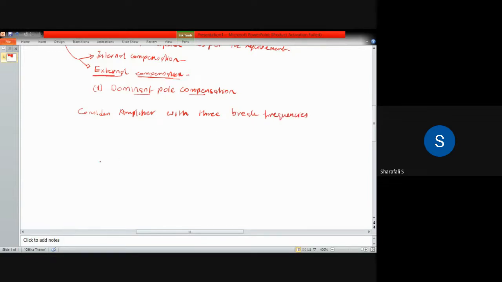Let's say the loop gain is A. So this loop gain will be given by the open loop gain divided by 1 plus j into f by f1, where f1 is the first break frequency. Then 1 plus j into